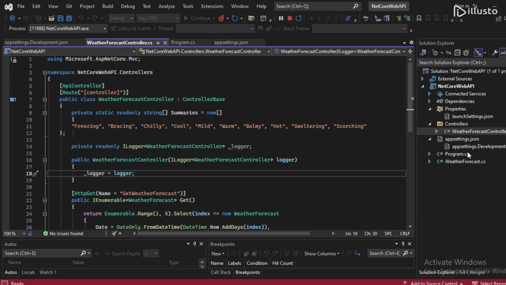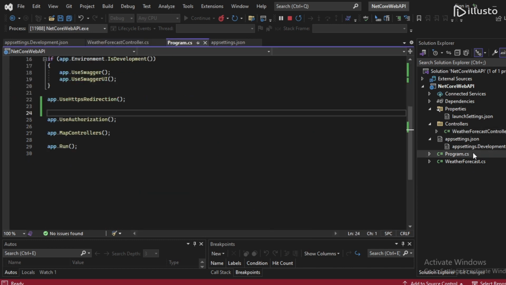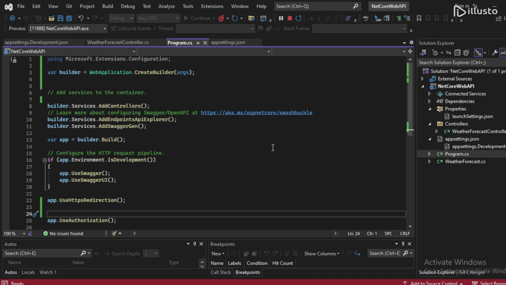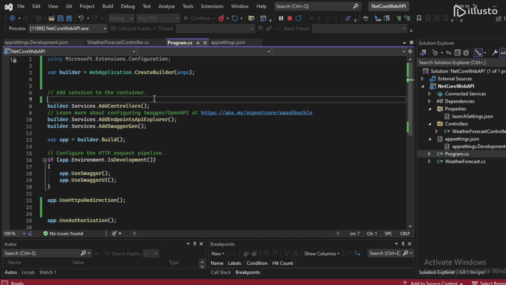In .NET 6, they have removed Startup.cs, and everything related to adding dependency injection and adding middleware is available in Program.cs. So first, I have to add CORS. For adding CORS, we first have to add the services. In the services, I will write builder.Services